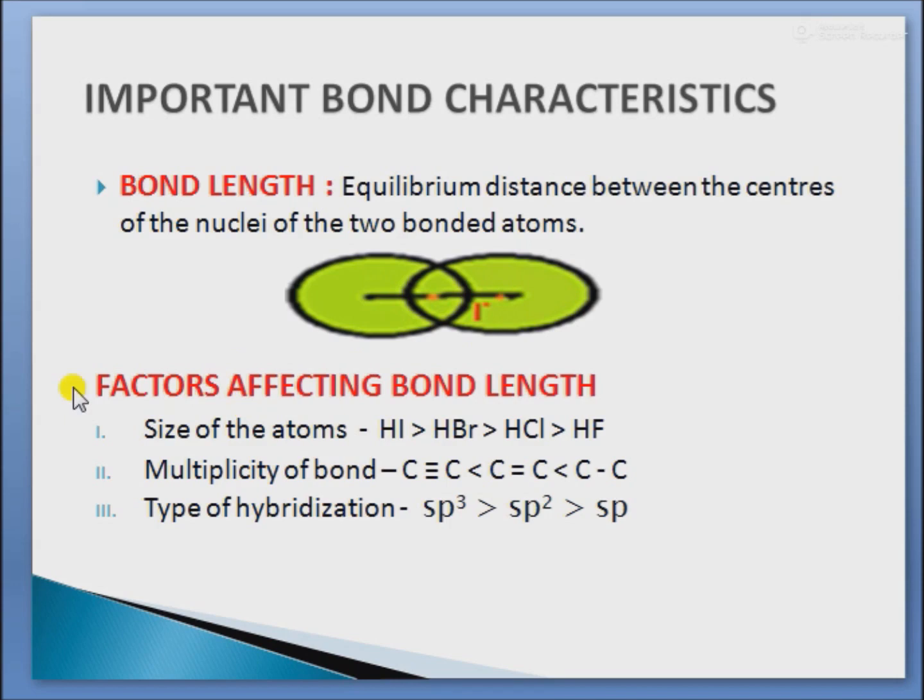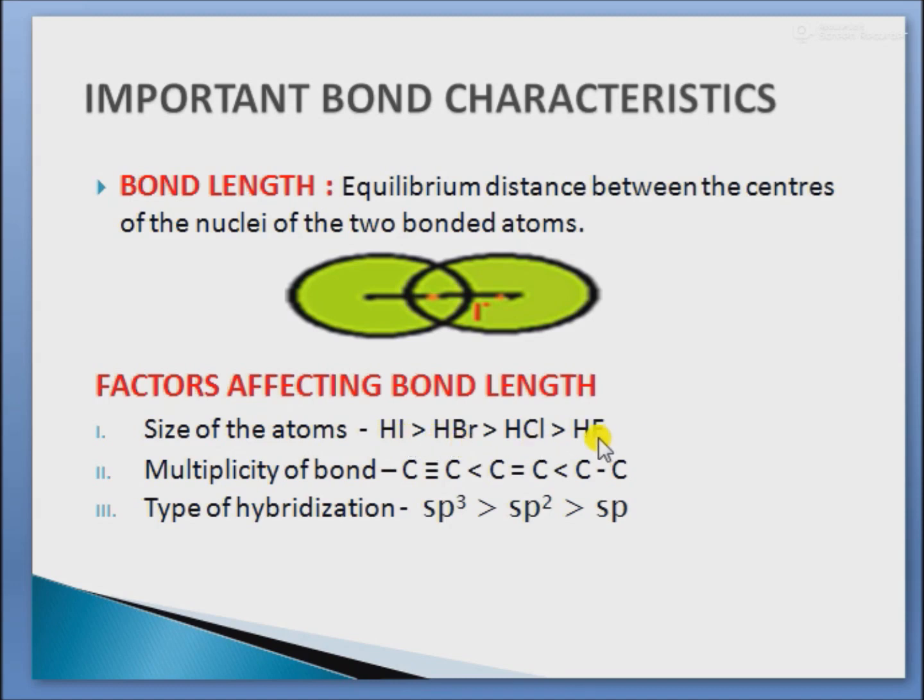And the next is the factors affecting bond length. First one is the size of the atoms. The bond length increases with the increase in size of the atom. For example, bond lengths of hydrogen halides are in the order HI is greater than HBr is greater than HCl